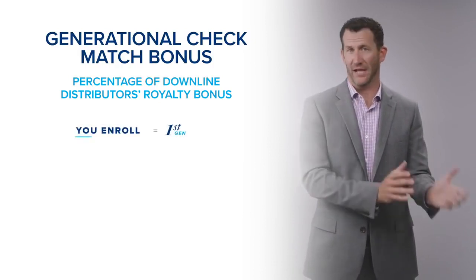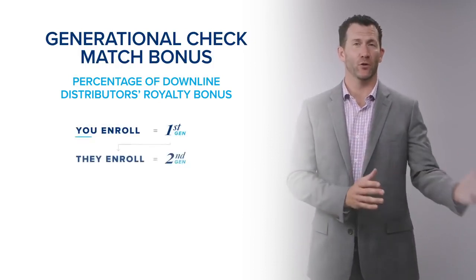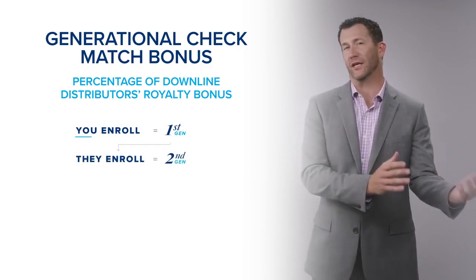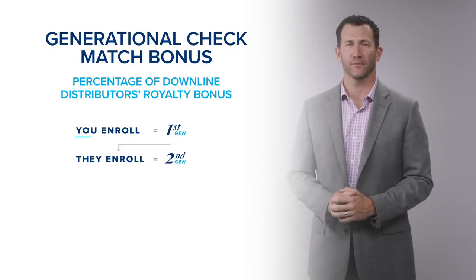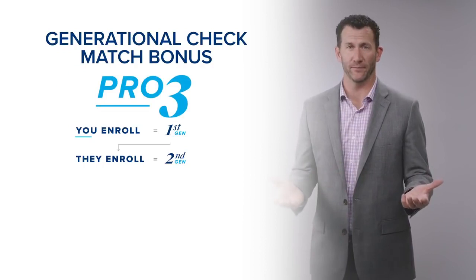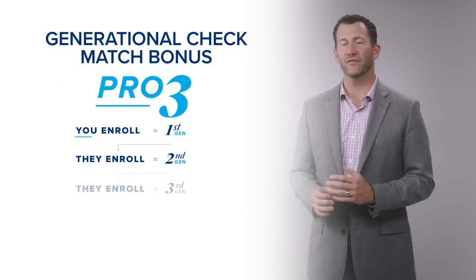my enroller tree, and that's who I check match. When he or she enrolls a new distributor, that's part of my enroller tree, and I earn a portion of what he or she earns through the royalty bonus. The generational check match starts when I reach the rank of Pro 3, and I earn up to 5 generations